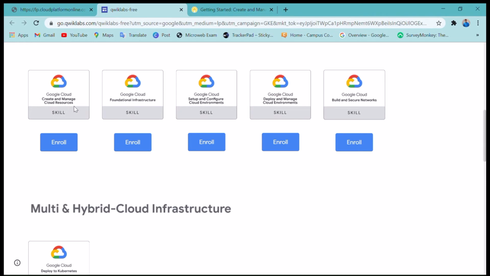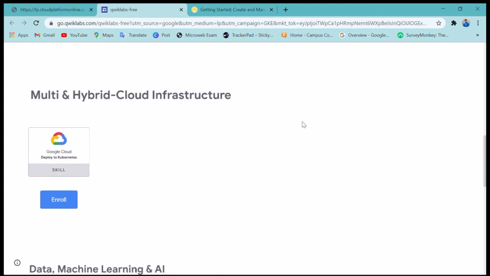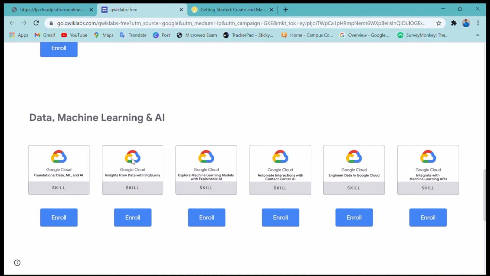Manage Google Cloud resources, foundational infrastructure, set up and configure Google Cloud environments, deploy environments, build secure networks, deploy Kubernetes. And if you want to learn data and machine learning, then foundational data, ML and AI, insights from data with BigQuery, explore machine learning models with explainable AI, automated interaction with contact center AI, engineer data in Google Cloud, integrate with machine learning APIs.